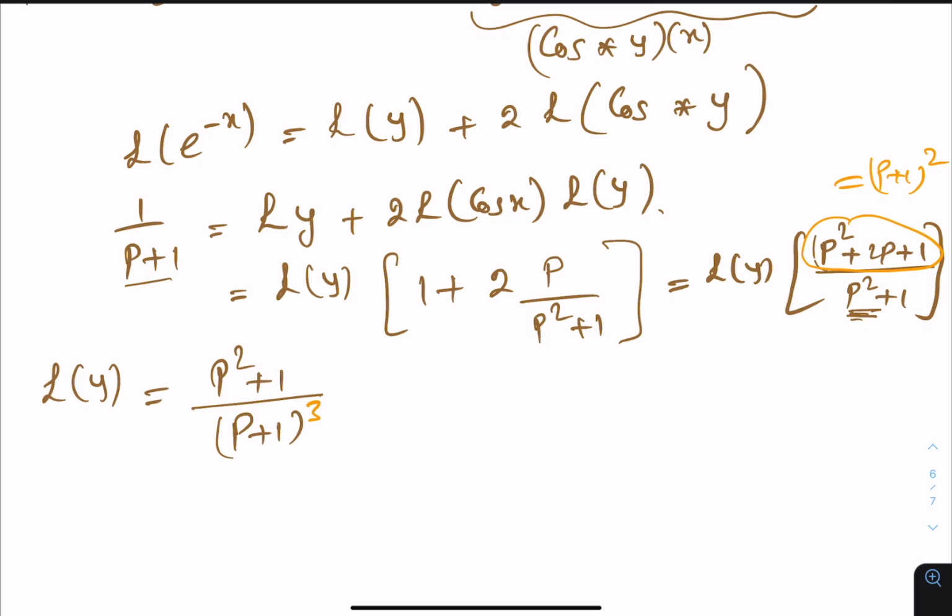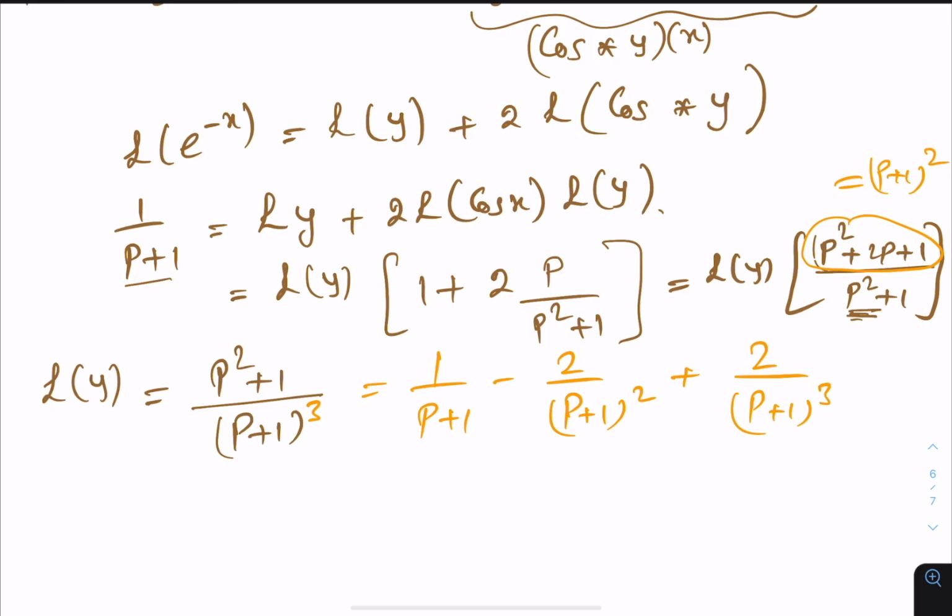Now if you use your partial fractions, you can see that it's 1 over p plus 1, minus 2 times p plus 1 whole square, plus 2 times p plus 1 whole cube. Okay, so you will get this. So once you have this, you can see that y of x is 1 over p plus 1, which is nothing but exponential of minus x,